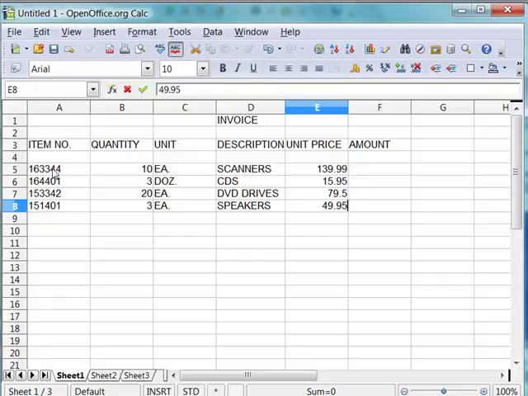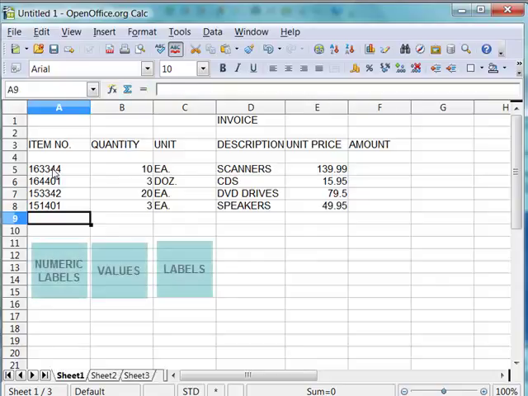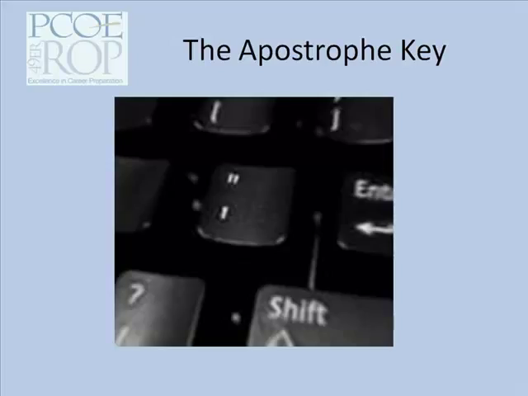So that's the spreadsheet entered. And here we see the left aligned numeric labels, the right aligned values, and the left aligned genuine labels. One last tiny detail, this is the apostrophe